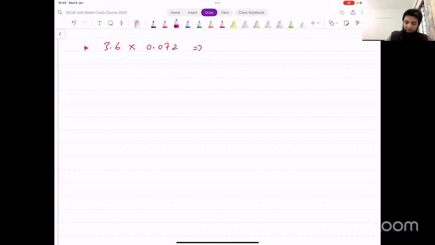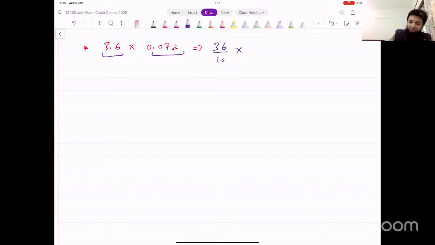Again, let's convert these two to fractions. 3.6. What can you write 3.6 as? It's 1 decimal place, right? You can write this as 36 over 10 multiplied by